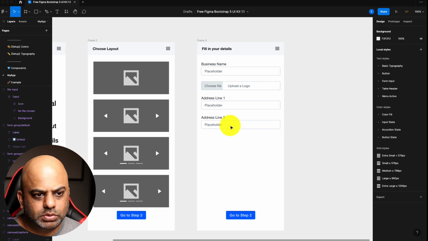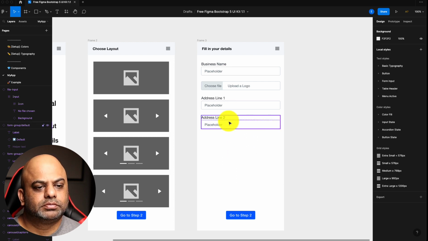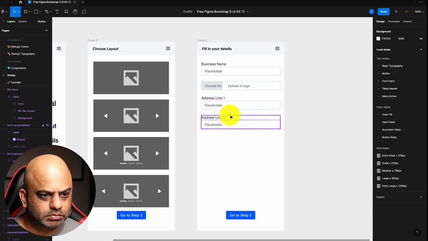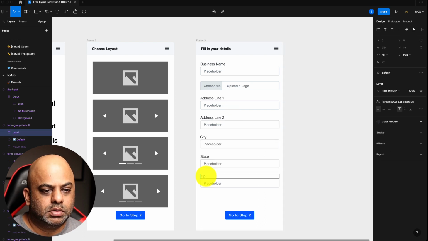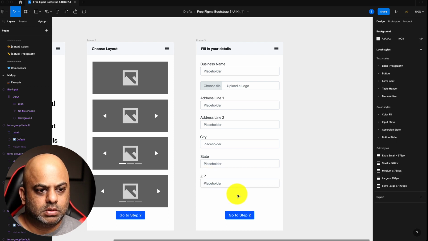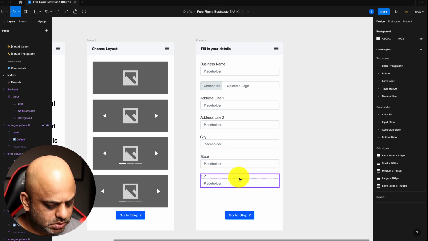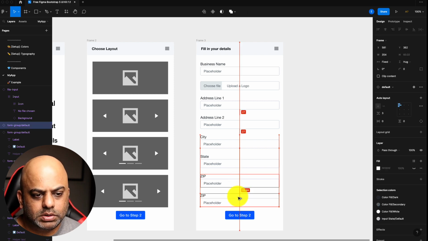Line 2. Zip, and then last one here will be the phone number.